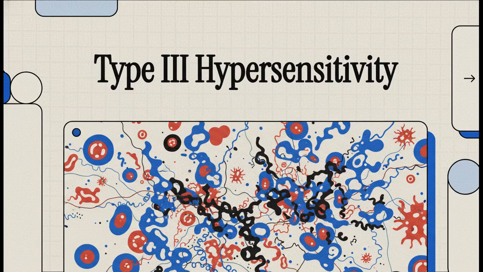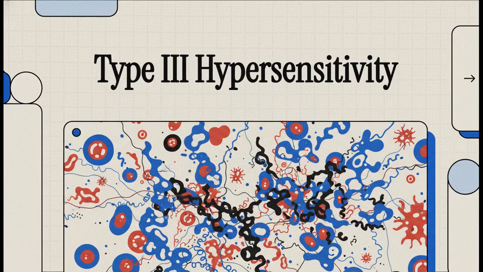Welcome to this explainer on one of the most fascinating and honestly most destructive mechanisms in human pathology. We're talking about type 3 hypersensitivity. Today, we're exploring immune complex disease. It's this incredible process that sits right at the intersection of our body's defense and its own destruction. We'll be breaking down the exact pathophysiology, analyzing the cellular cascades, and connecting these microscopic events directly to what you'll